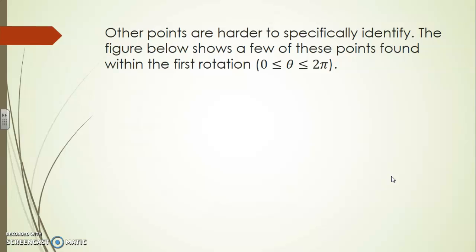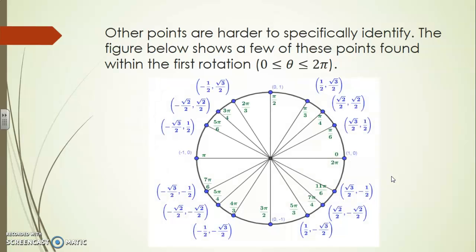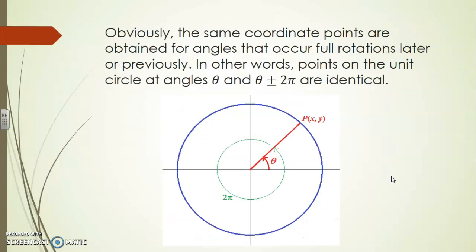Other points are harder to specifically identify, so the figure below shows a few of these points found within the first rotation. We will not discuss how all of these different coordinates were obtained. That's not necessary at this point. Obviously, the same coordinate points are obtained for angles that occur full rotations later or previously. In other words, points on the unit circle at angle theta and at angle theta plus or minus 2 pi are